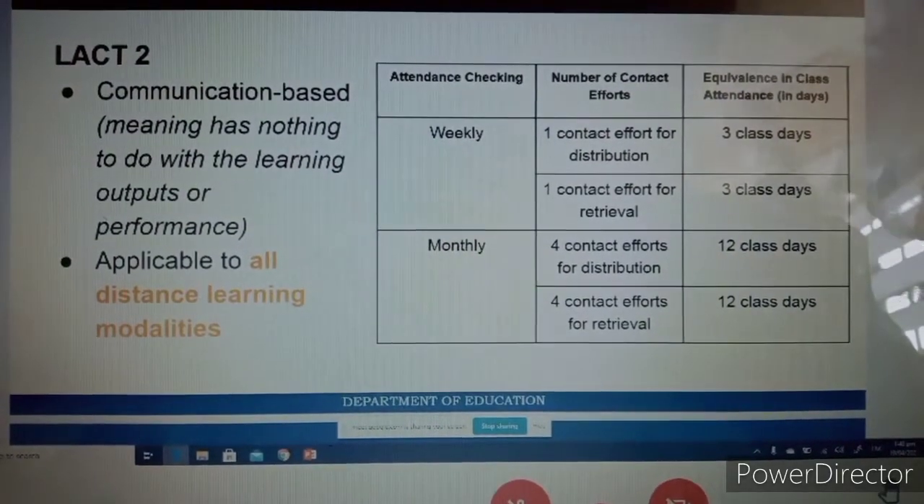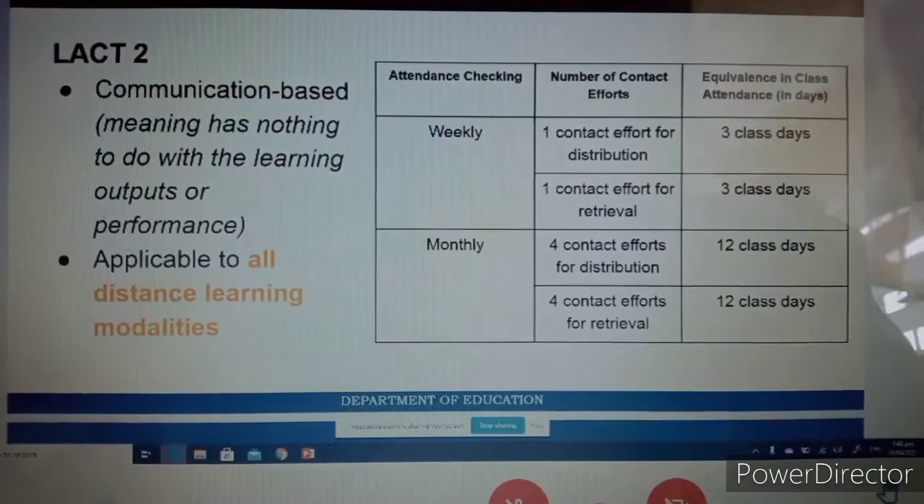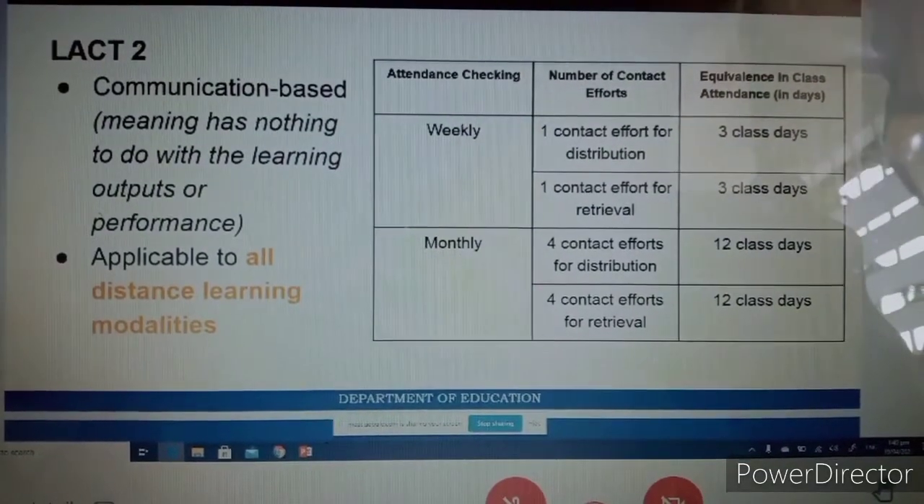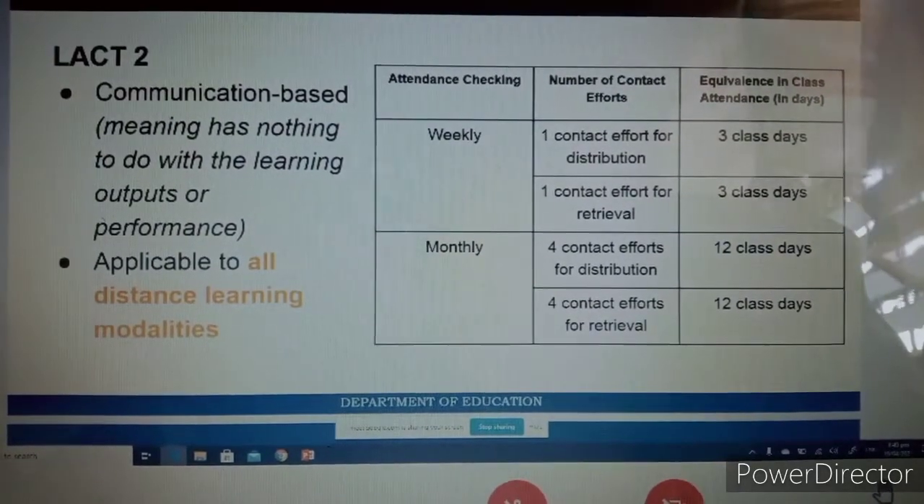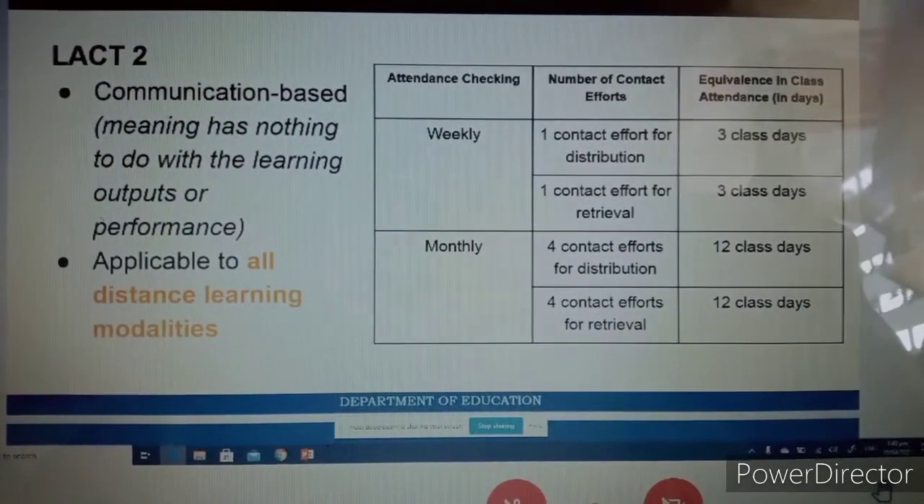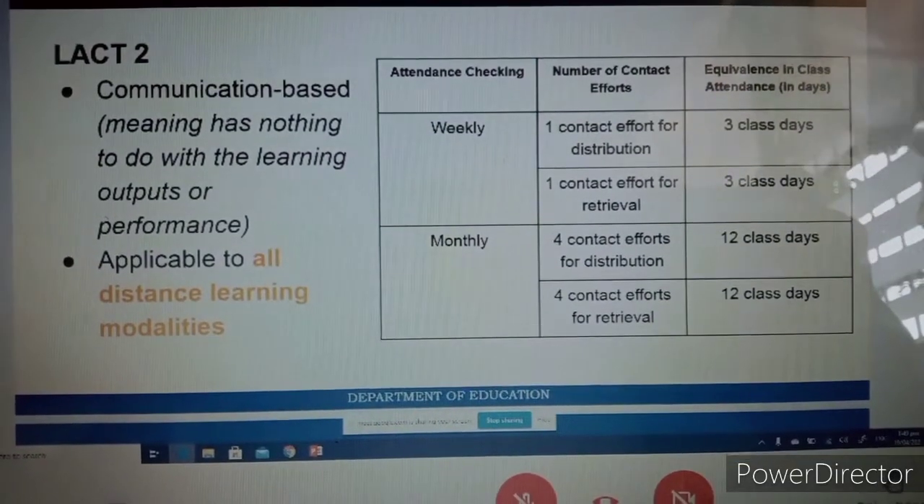For monthly, 4 contact efforts for distribution, that is 12 class days, and 4 contact efforts for retrieval, 12 class days. So that means po, kapag ang isang bata hindi siya nakapagsauli ng isang module in a week,